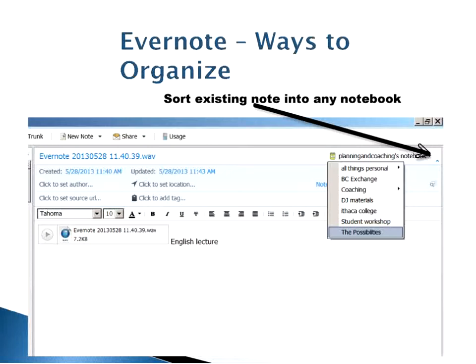There's also ways to sort your notes into any notebook. So for example, if I have this note that I'm focused on here, it has my English lecture in it, and we'll talk more about that. I can change it from the notebook it's currently stored in by clicking on a little arrow and selecting which notebook I would like to resort it into. So that's really nice, so that if I start off in the wrong notebook, I can always go back and